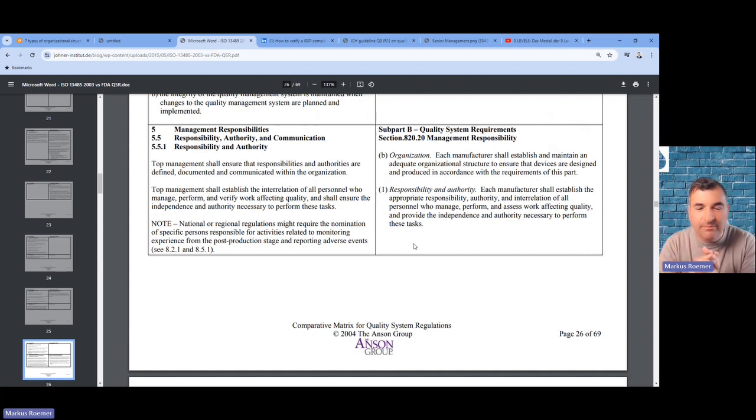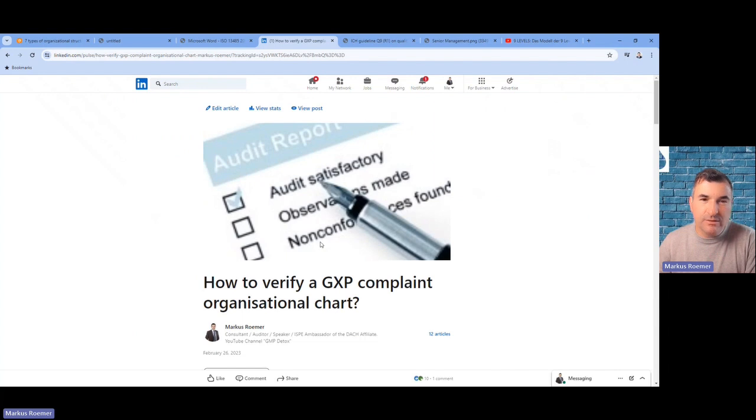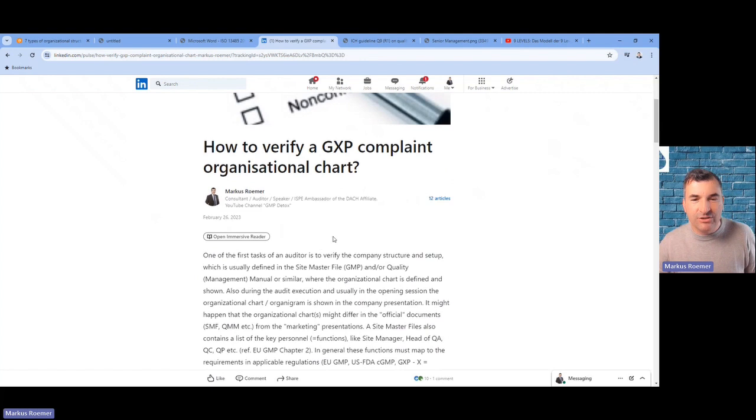So, okay, anyhow, maybe that's not so clever. Or you find that also in the US FDA regulations: each member shall establish and maintain an adequate organizational structure. So that will be an organizational chart or organigram, however you call it. I have written something about org chart management here on LinkedIn in an article, how to verify a GXP